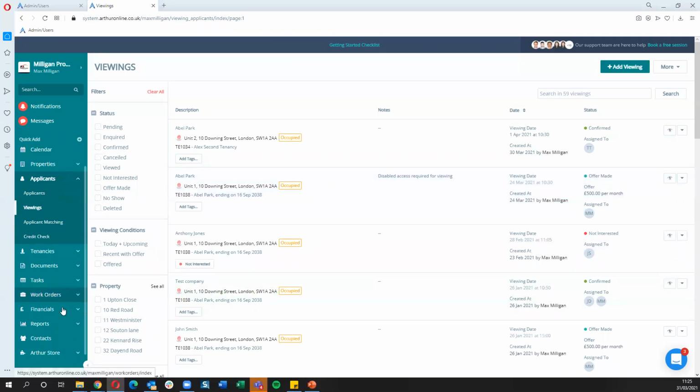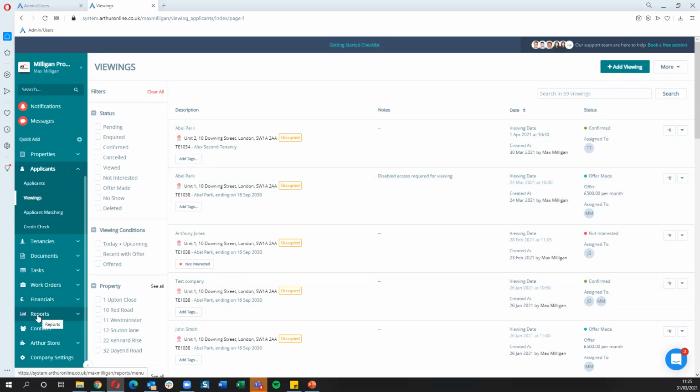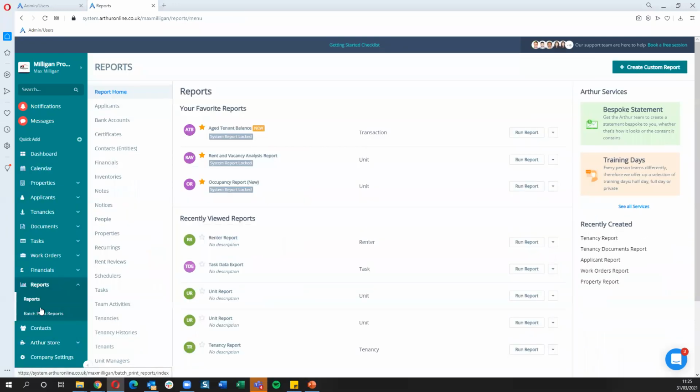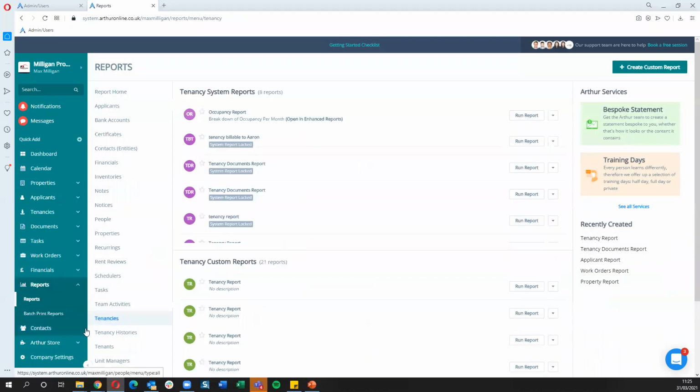And last but not least, I want to just go over the tenancy documents page. So how you do that is you go to reports, you go to tenancies. Apologies, by the way, my account is really messy with reports because it's used for testing, but you guys would only have one tenancy documents report, which is just this one here. So if you click this,